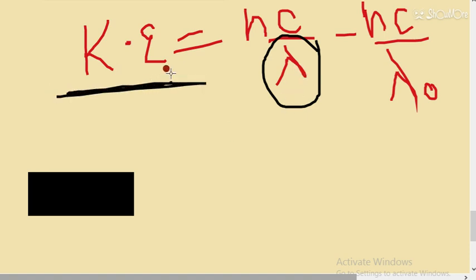So students, we have learned two things, which I am repeating. If the incident radiation frequency is more, the kinetic energy will be more; if the incident wavelength is less, the kinetic energy will be more. You can see the concept again. If you have any doubts, then you can ask me. If the incident frequency is more, or the incident wavelength is less, in that case kinetic energy will be more.